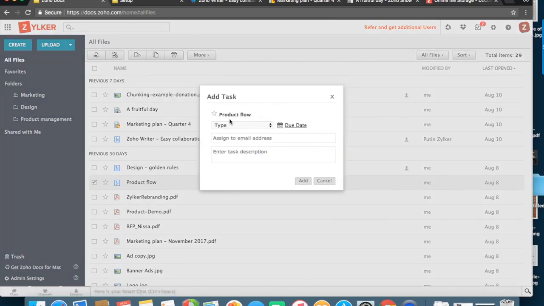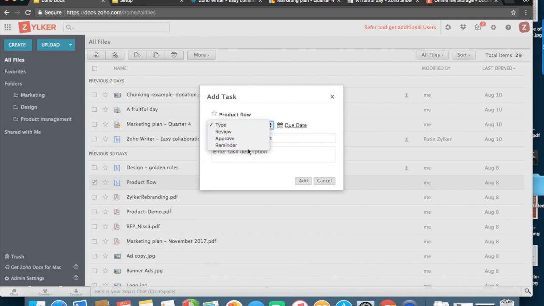Okay. Now, with this feature, you can ask your manager to either review your file, your month-end sales report, or any other document that you have drafted. You can ask your customers to approve your proposal directly from here, or you can even send meeting reminders to your teammates along with the agenda of the meeting over here.